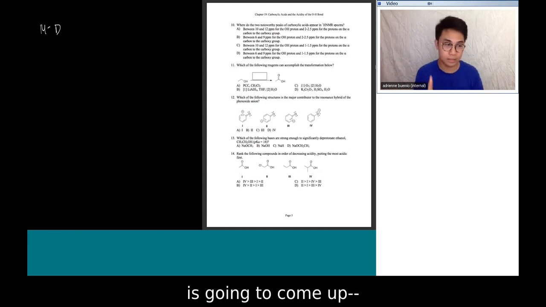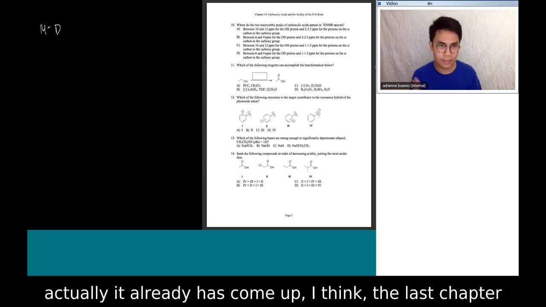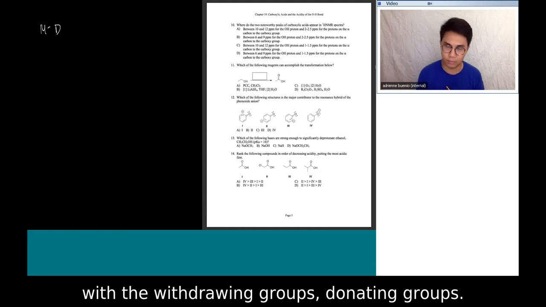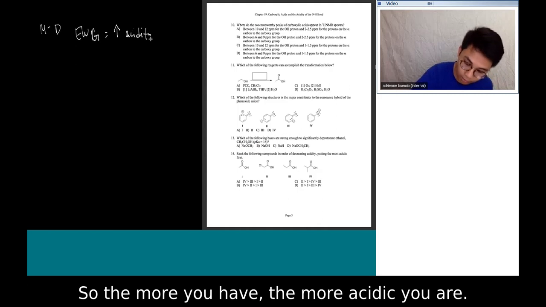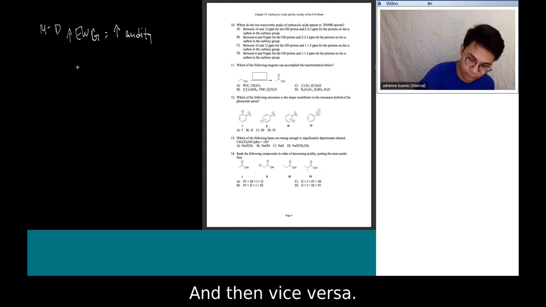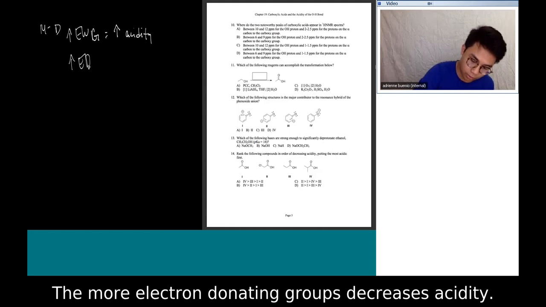Because this is going to come up. Actually, it already has come up, I think last chapter, with the withdrawing groups and donating groups. So electron withdrawing groups increase acidity. The more you have, the more acidic you are, and then vice versa, right? The more electron donating groups, the more it decreases acidity,